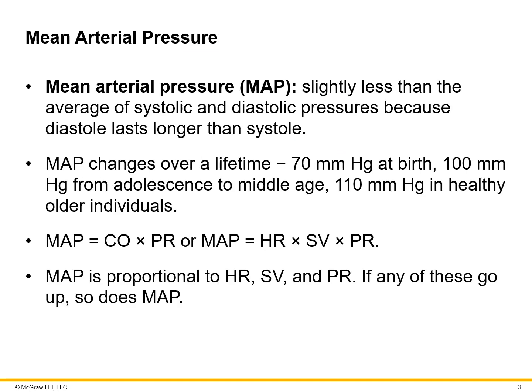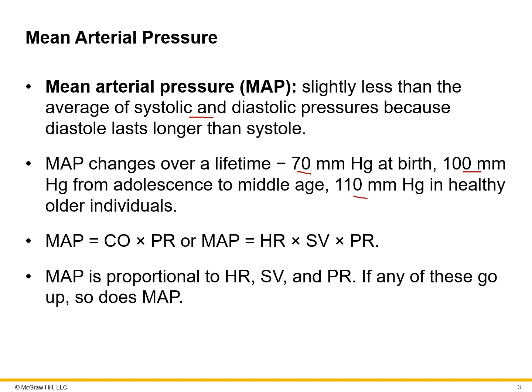So if we look at calculating that mean arterial pressure, it's just a little bit less than the average of our systolic and diastolic pressures. Essentially, over our lifetime, it's going to continue to increase. Only about 70 around birth, 100 most of our kind of adolescence to middle age, and then up to 110